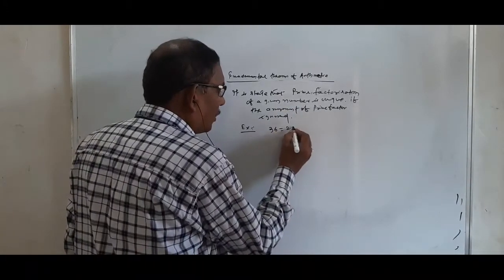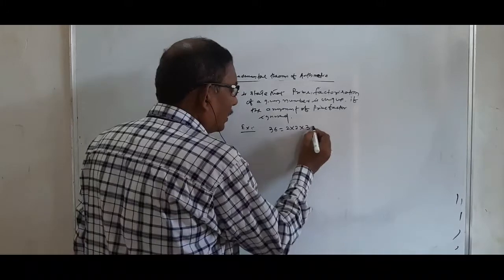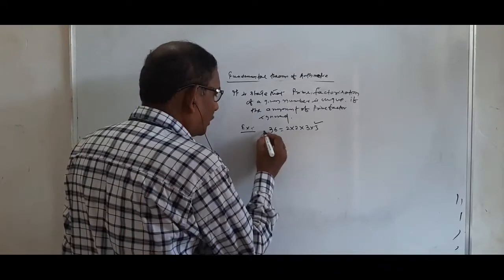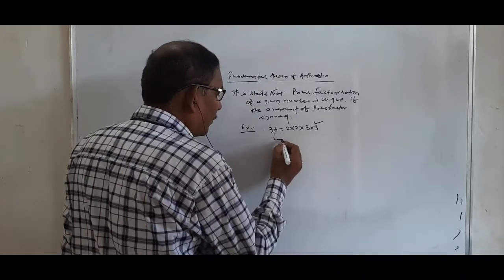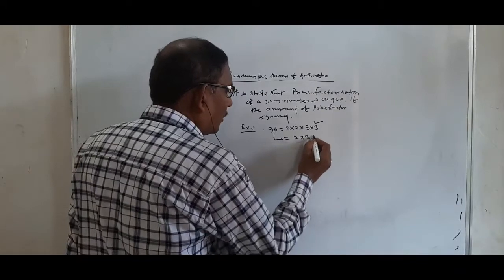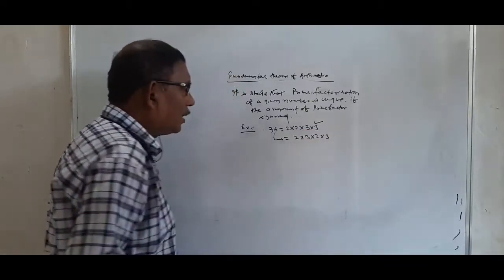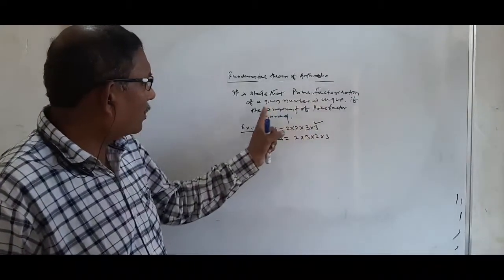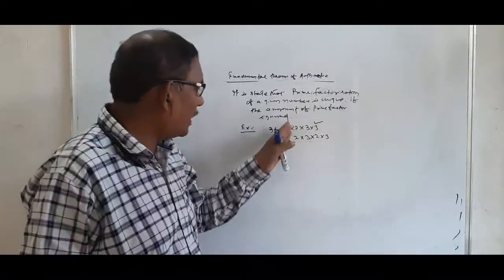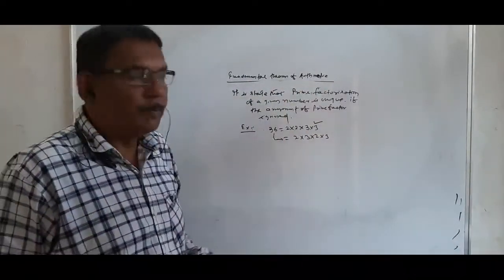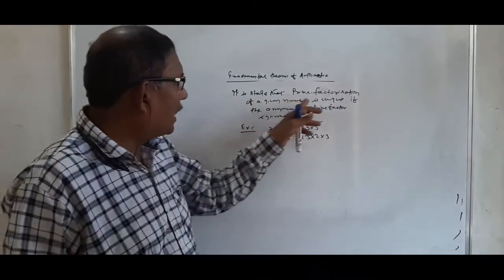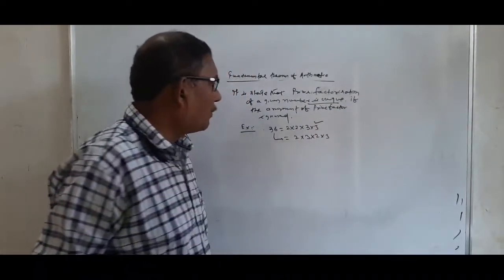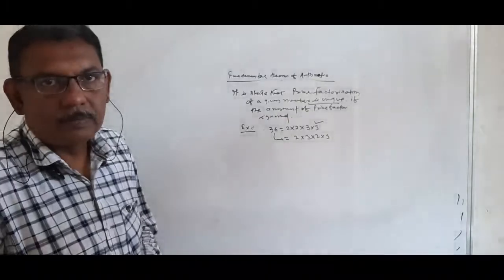36. You know that the prime factors are 2, 2 and 3 and 3. It is one arrangement. Another arrangement of 36 is, look here, 2, 3, 2, 3. So, if you ignore the arrangement of the prime factors, the prime factorization of the given number is unique. This is the example of the fundamental theorem of arithmetic. Again, it states that the prime factorization of a given number is unique if the arrangement of prime factors is ignored. Okay.